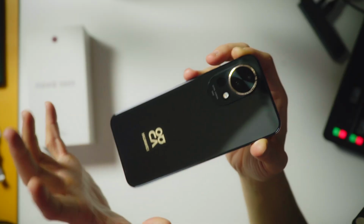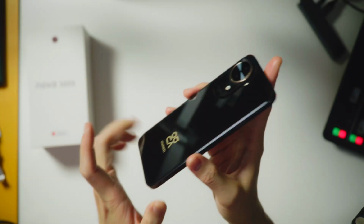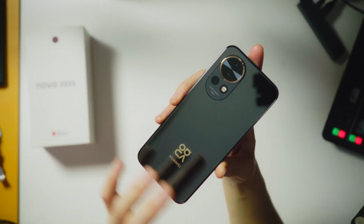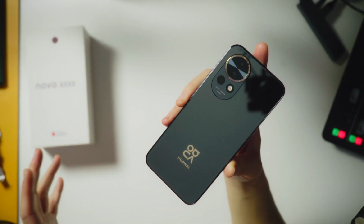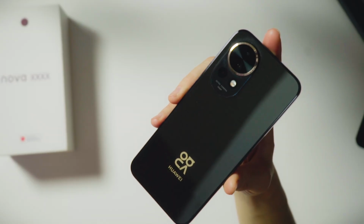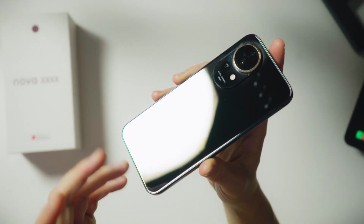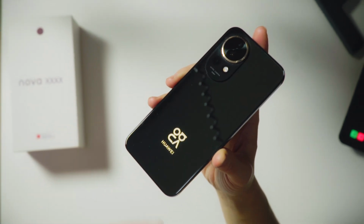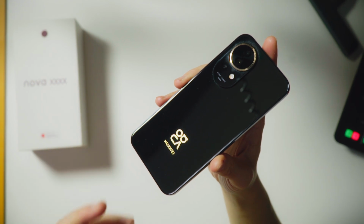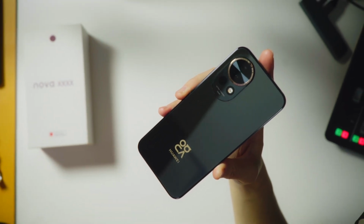Now let's take a moment to appreciate the design though. This is probably one of the slimmest and best looking phones I've held this year. It's got this glossy mirror-like finish that shouts premium, and the way the light reflects off the back is just chef's kiss. Of course, it's very hard to get a good angle because you're probably going to see my lights. It's so shiny. You can see the cables right here, but yeah, it shouts premium. And this glossy mirror-like finish, I'm guessing a lot of